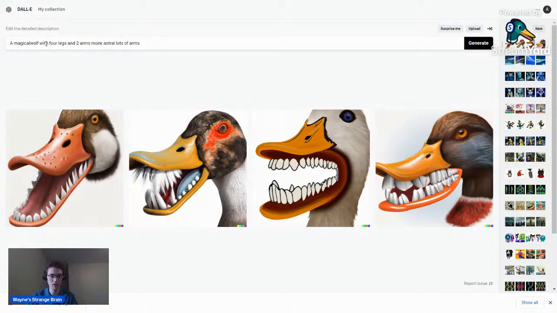A magical, intelligent wolf with 4 legs and 2 arms, floating in space. What else? And lightning bolts.